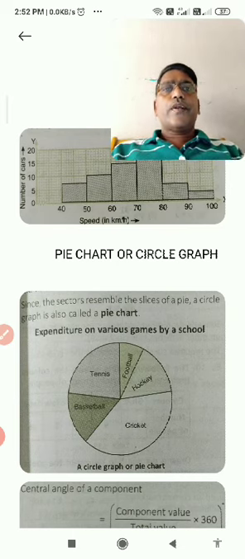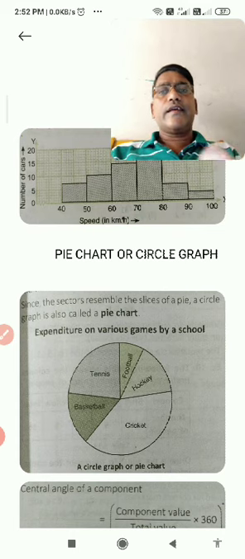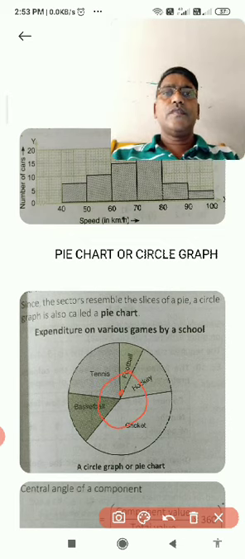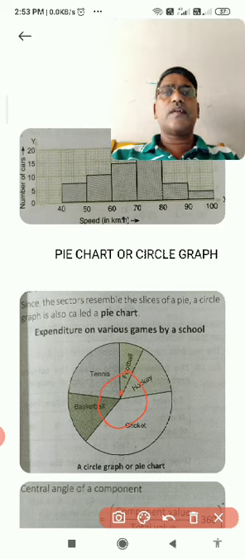The important point to construct the pie chart is that the central angle is very important. How to find the central angle here? If you observe, this is the center. So always 360 degrees will be there. So however many parts you are making, you are using that much angle only. 100 parts, 1000 parts, 2000 parts, 4 parts, 6 parts like that. Clear to you? So you are going to divide into different degrees.